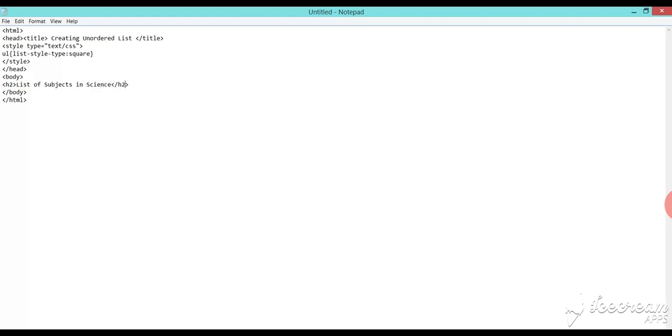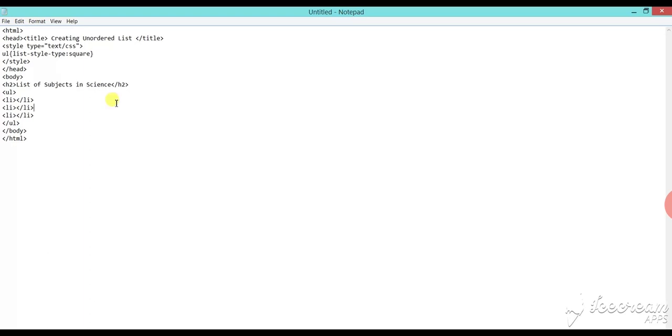Now here we define UL, unordered list, which is defined in the style scheme. Opening UL tag, then closing UL tag. Between these, we use the li tag for making the list. So opening li tag, then closing li tag, then select it and press Ctrl+C to copy, then make a space and use Ctrl+V to paste. Do this 3 times.